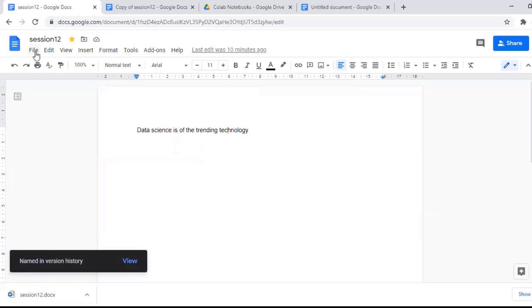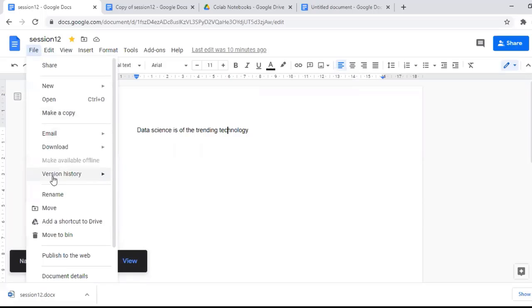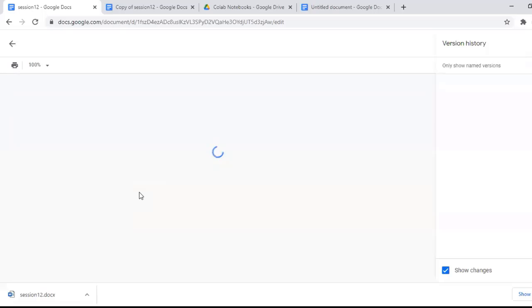Okay, this is how we can name the version history. If you want to see the version history, go to the version history and click see version history.